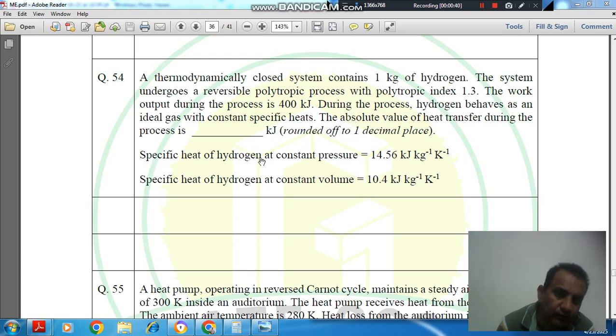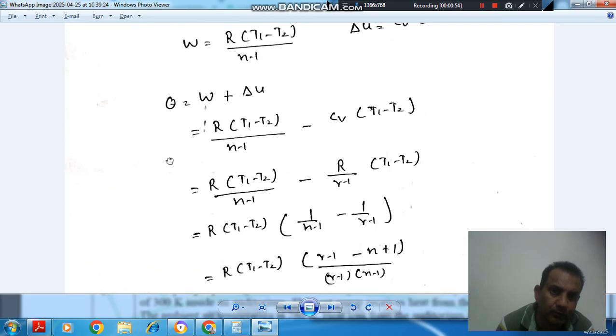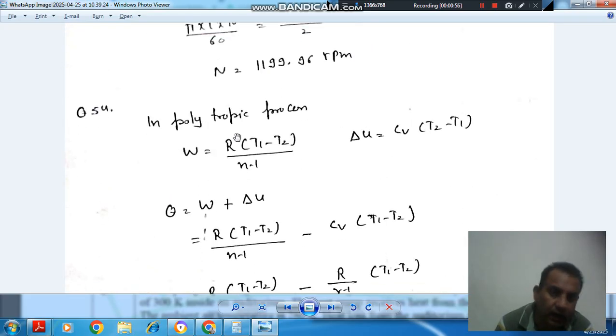Specific heat of hydrogen at constant pressure is equal to 14.56 kilojoule per kilogram per degree Kelvin. Specific heat of hydrogen at constant volume is equal to 10.4 kilojoule per kilogram per degree Kelvin. So we know that in a polytropic process, work done is R (T1 minus T2) divided by (n minus 1), where T1 is initial temperature, T2 is final temperature, R is the characteristic gas constant, and n is the polytropic